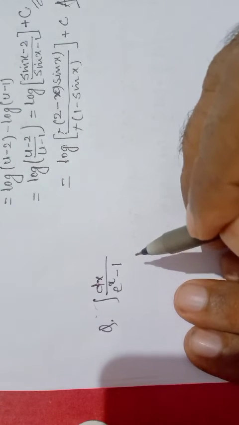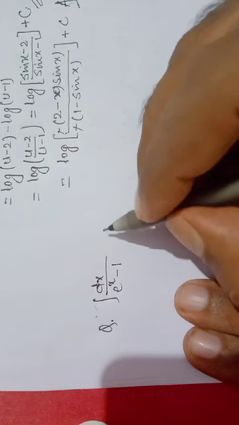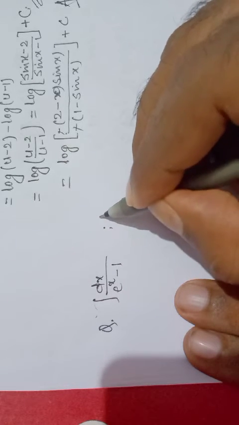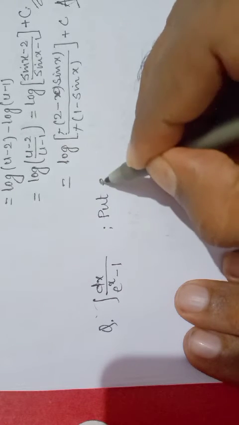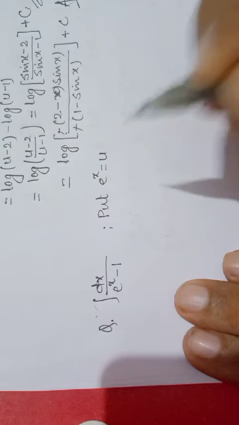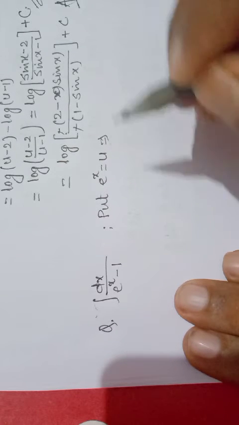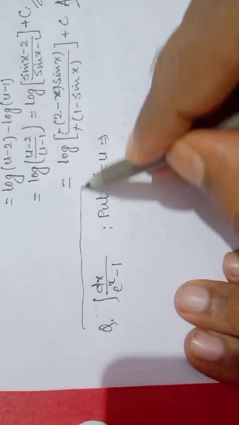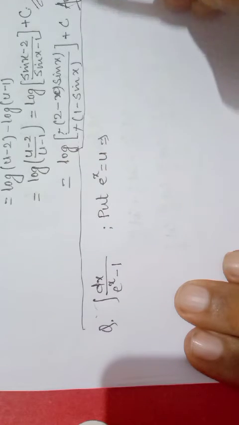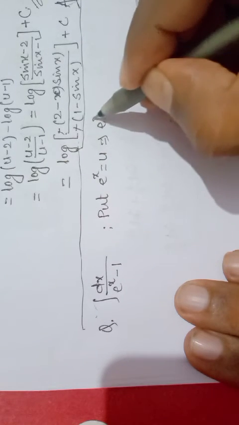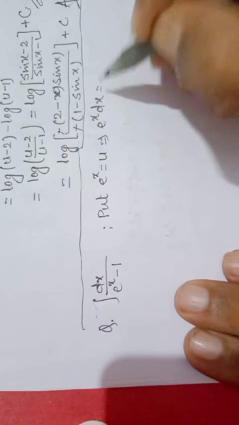Put e to the power x as u. In this question, put e to the power x as u, differentiate it both sides, then e to the power x dx is equal to du,